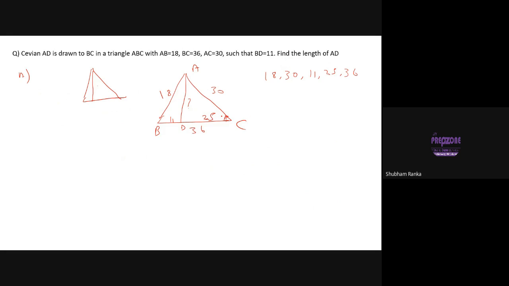The point being, now cosine and sine rule are very, very useful, but in this case, they will not be able to give you something directly. Why? Because we don't know all the sides of any triangle here, or we don't know any angle. So you'll have to find the cos of every angle and then equate it to get the answer, which takes time. If I just see the sides like 18, 30, 11, 25, 36, these are just the numbers from here. Now, if you observe something,